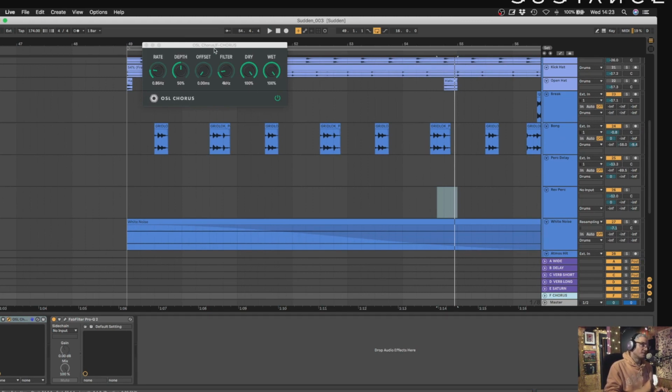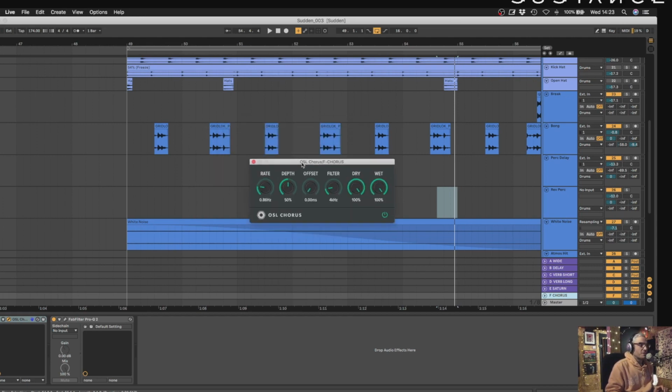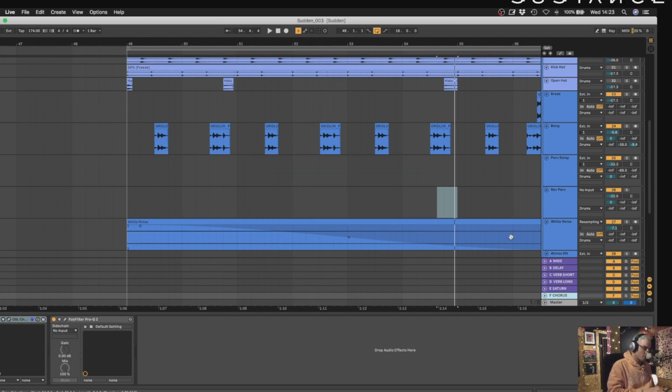This is without doubt my favourite chorus I've ever used. There might be better ones out there. This is a freeware one, which I watched Willem use in a production video many moons ago, and it's free, and I downloaded it and I use it on everything. It's wicked. So anyway,